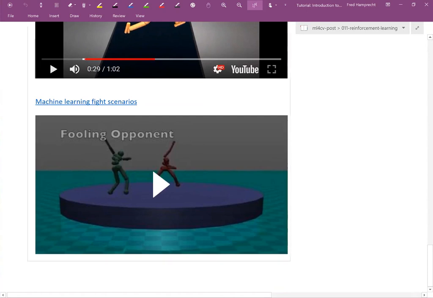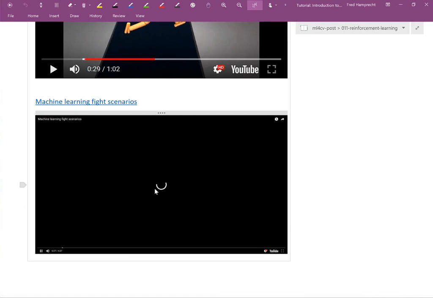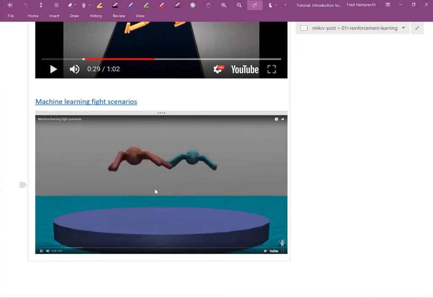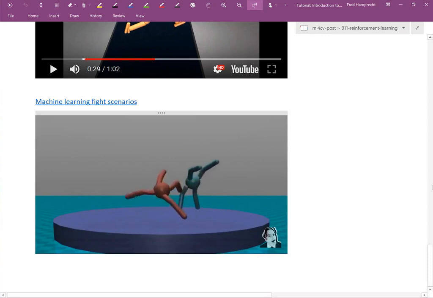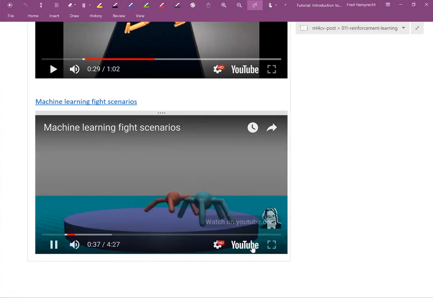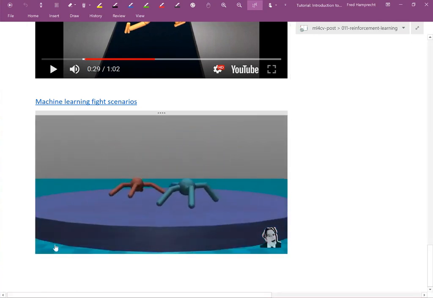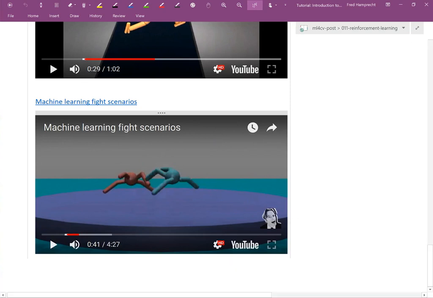So this is the next one that YouTube suggests. Here you can see how you have 2-player games. And they learn to push each other off the platform. It goes on and on. You also have more human-shaped ones, and then they actually develop. So each human here has its own network or its own policy, and then they resort to different policies. So it looks like one of these robots actually learns to trick the other, like moving out of the way in the last second, and then the other guy rushes past and into the water.